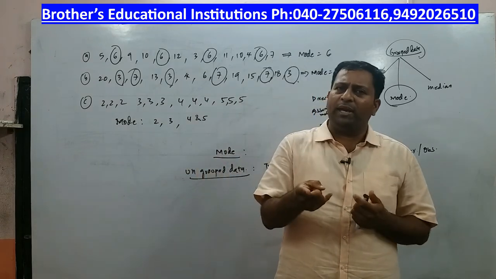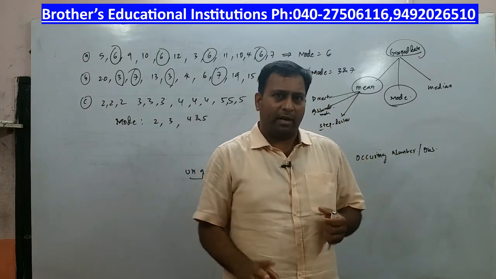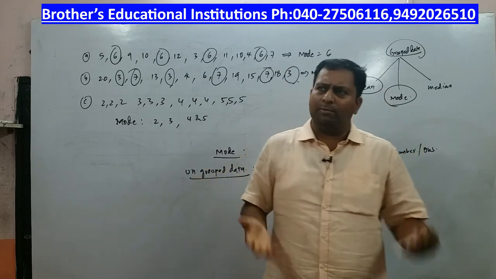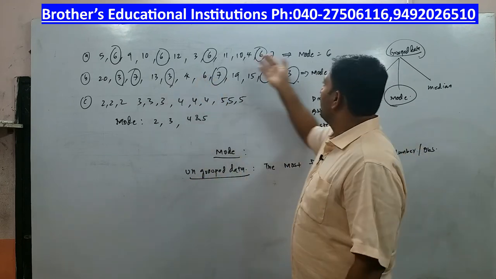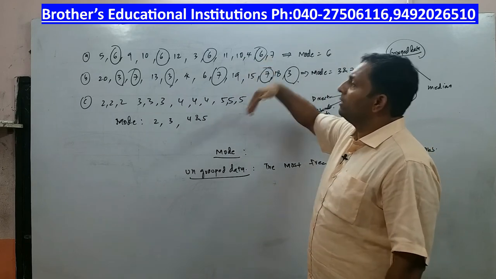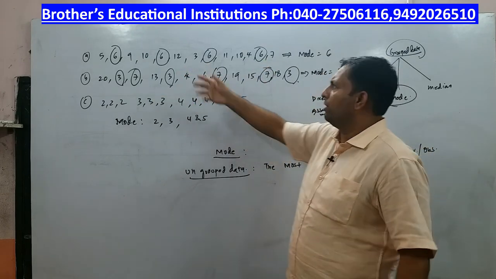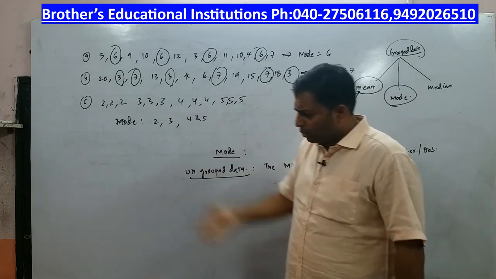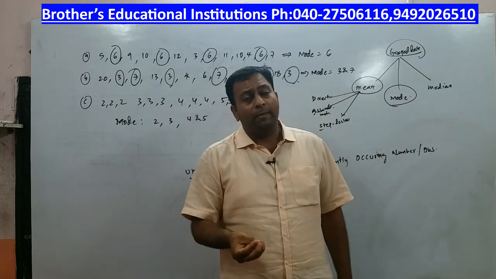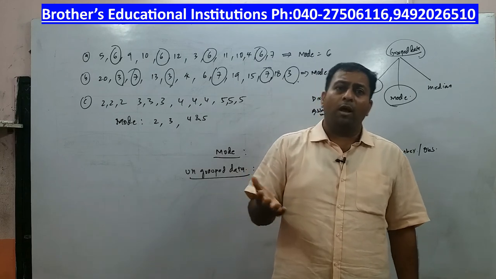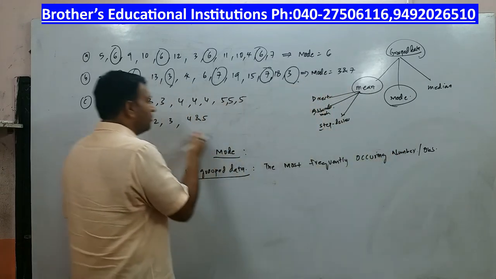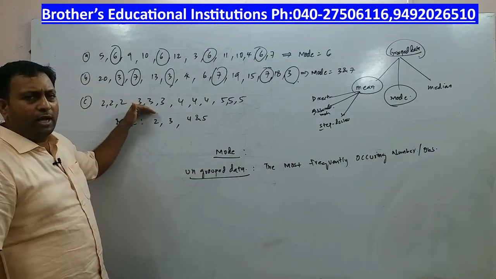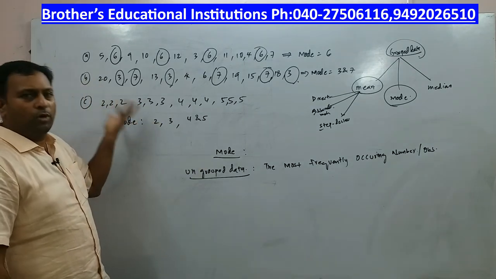In the case of mean, it is unique for any given data. But mode need not be unique, because what is mode? The most frequently occurring number. If any number is repeating maximum times, you write that as mode. There might be some other number which is also repeating, just as in the second case, and similarly the third case. So the mode can be bimodal, trimodal or multimodal. In this case, the data is multimodal data, because for this particular given data, you got more than one mode.